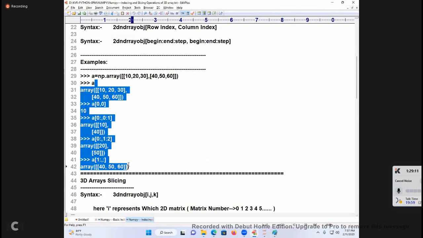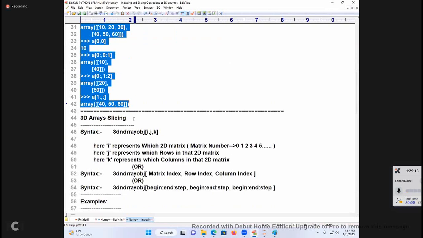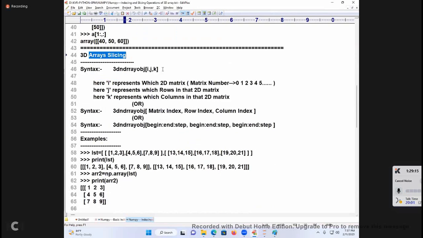Examples are available here. 3D array slicing, i, j, k. I is called the 2D matrix number. J represents rows. K represents columns. Matrix index, row index, column index, or matrix index, begin colon, end colon, step; row index, begin colon, end colon, step, comma, begin colon, end colon, step.